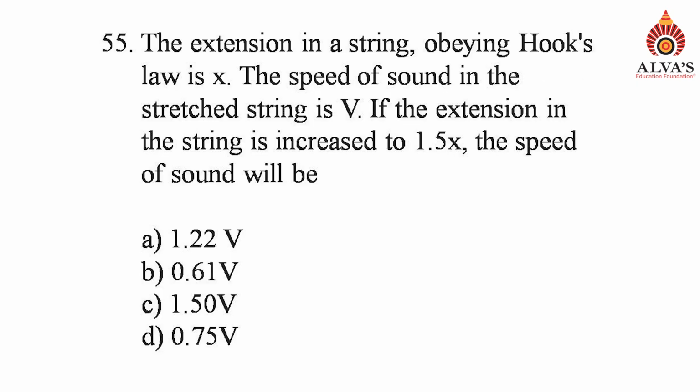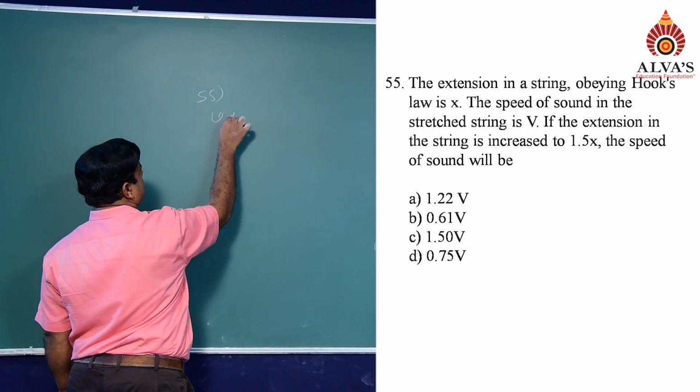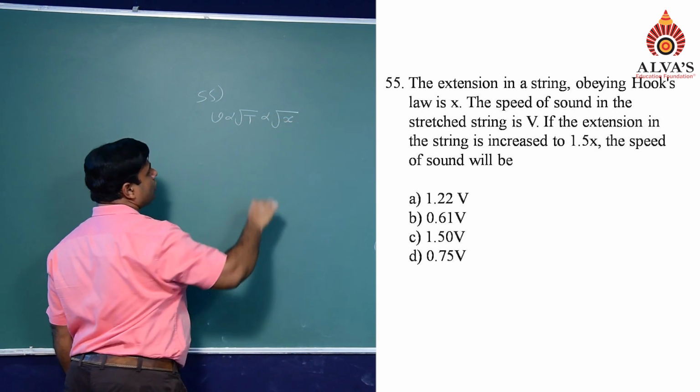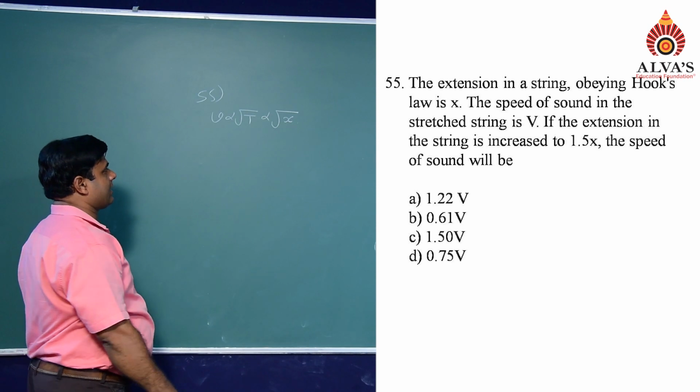The extension in a string obeying Hooke's law is X. The speed of sound in the stretched string is V. If the extension in the string is increased to 1.5x, the speed of sound will be. Extension in the string is given, you have to calculate speed. Extension in the string depends on tension, tension depends on the speed. So, speed is proportional to root of tension, but tension in the string is proportional to extension x. Therefore,